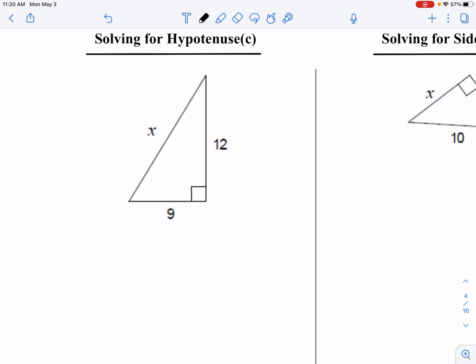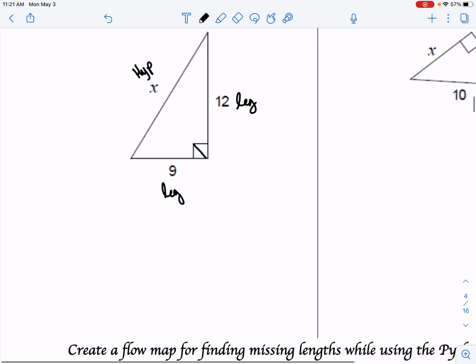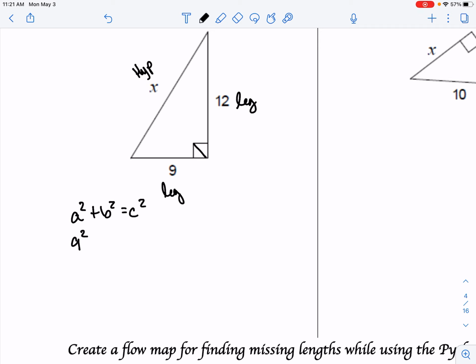So again, find my right angle, draw my diagonal, which allows me to label the hypotenuse, which then allows me to mark my remaining sides as the legs. From here, I remember a squared plus b squared equals c squared, where a and b are our legs. It doesn't matter which is which, remember, the only important side of a right triangle is the hypotenuse. Once you get here,